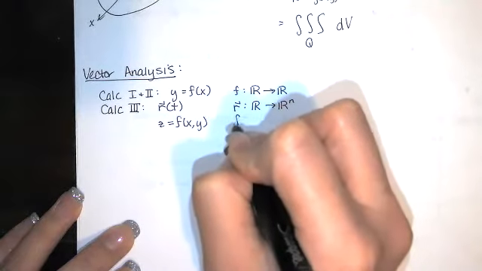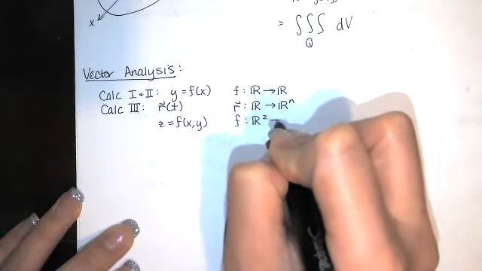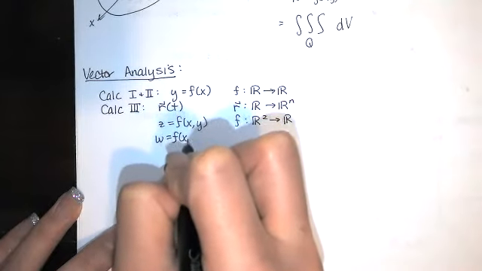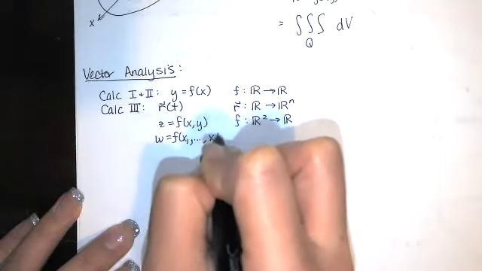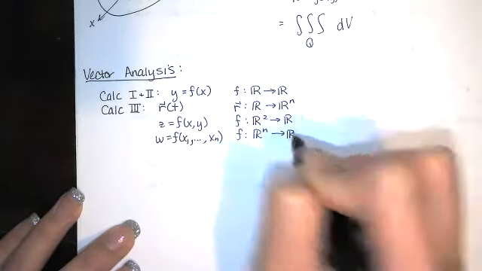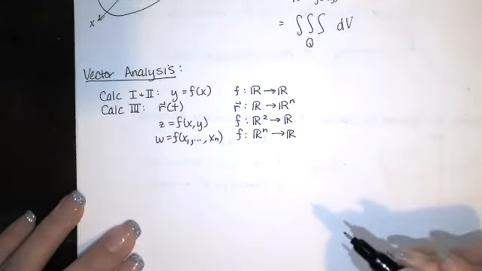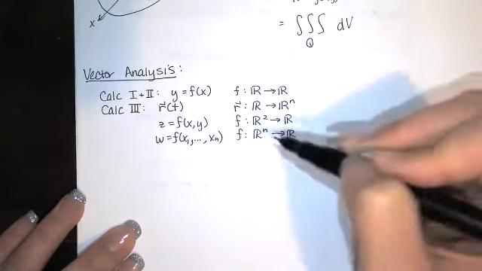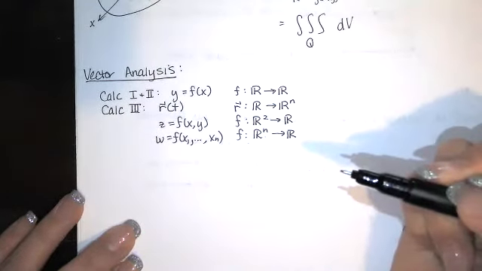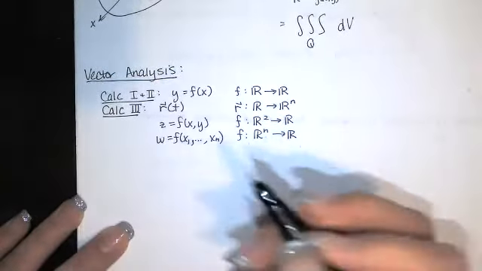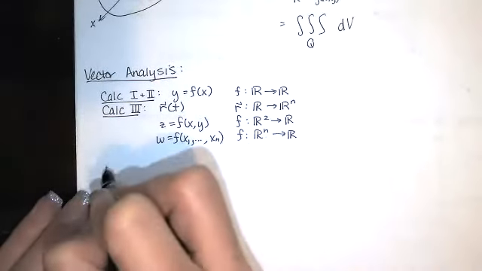And then this one, this F, mapped from R2 into R, or in general, we would map from Rn into R. You see the one thing that's missing? Got R into R, we had R into Rn, and then we have Rn into R. The last possibility